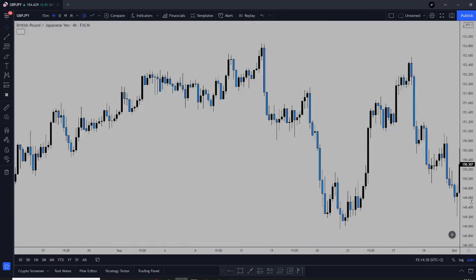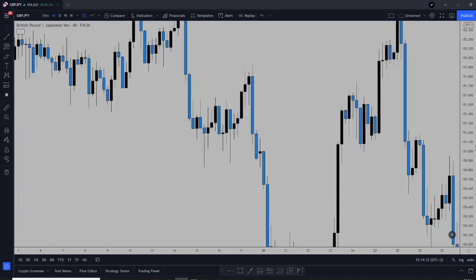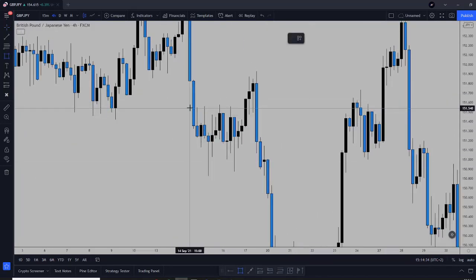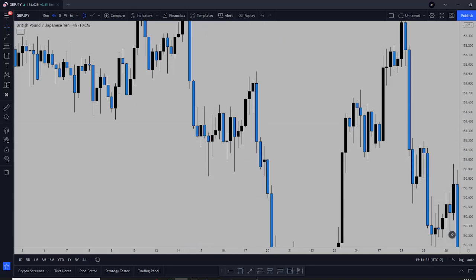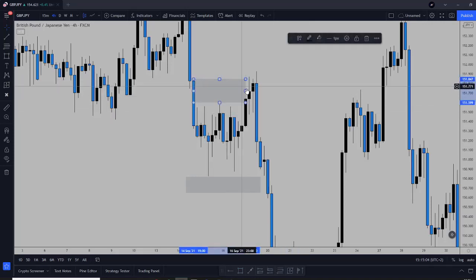I have a very beautiful example right here. This is a 4 hour chart, and we can see that price is ranging for a pretty long time. Taking from this candle to this candle, it was actually ranging for 2 whole days without doing anything, just up and down, up and down. What we have to understand is that below all these lows and above all these highs, there's liquidity. And this is exactly what happened.